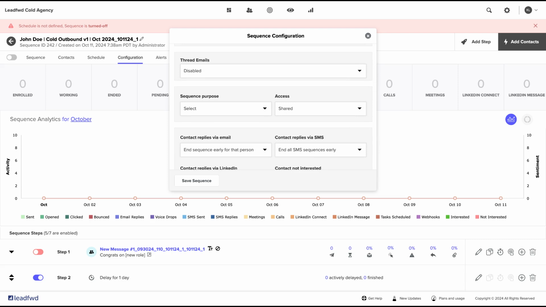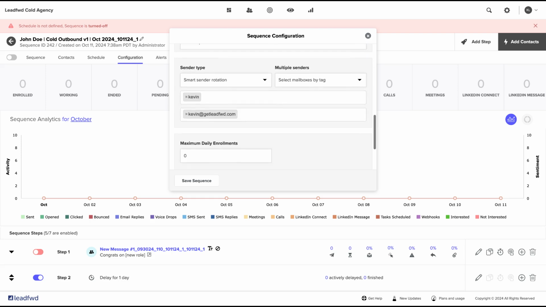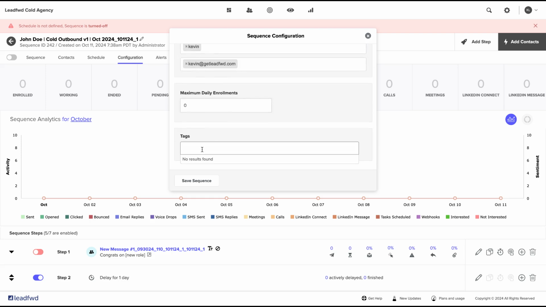Sequence purpose, like I said, these are just defaults, but you can add more. But the really important thing is going to be owner, and then also tagging. So I want to just tag John Doe. And the reason I like adding a tag in addition to having the ownership is really just for all